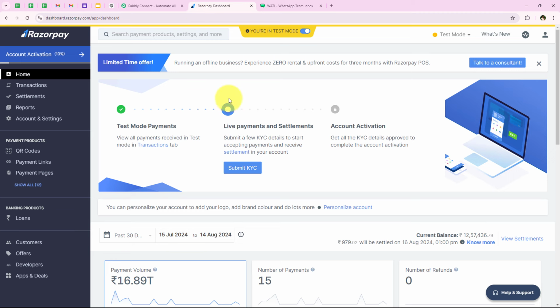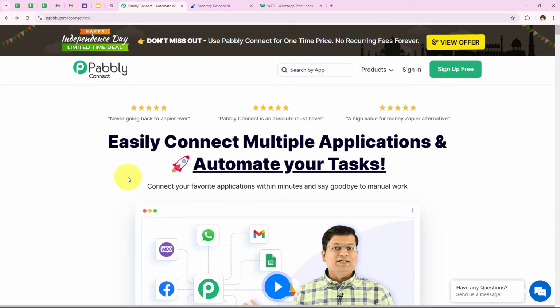So now what I want is that as soon as a new payment is captured in my Razorpay account, automatically a student should receive the automated WhatsApp message to confirm the payment, and also my team should also receive a WhatsApp message to ensure that all the students receive prompt access to the course material. So this process not only streamlines the communication but also improves the operational efficiency by automating notifications and reducing the